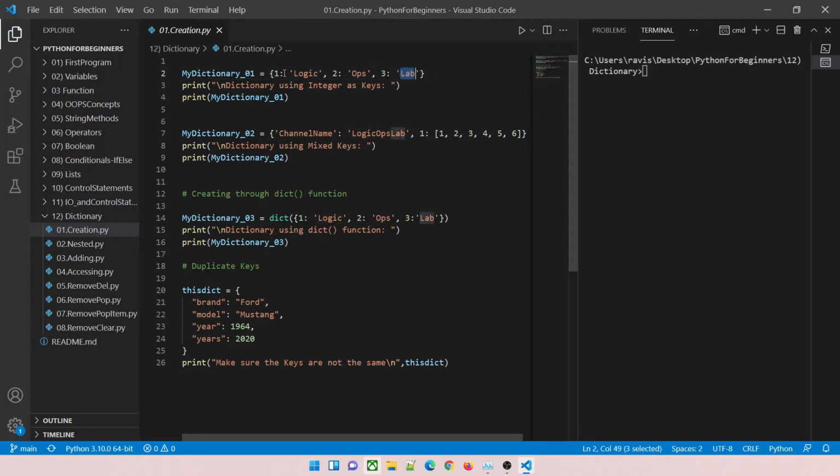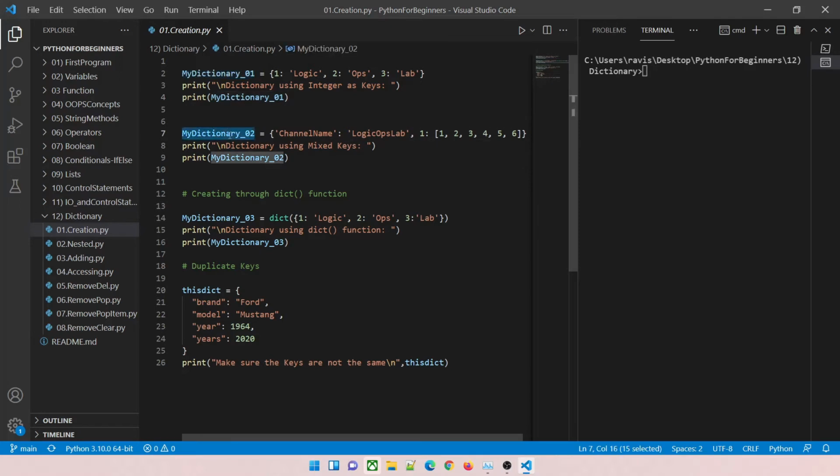Now this value is separated by this colon. So this is one entity key value, this is second entity key value, this is third entity, and together you can call them as items or elements. I have just taken integers as keys. You can give anything. I'll be just printing the basic thing, which I'm going to do over here.